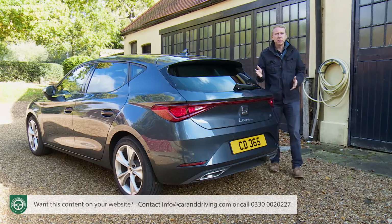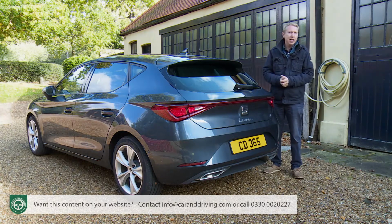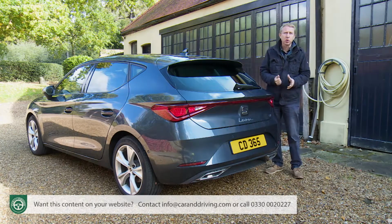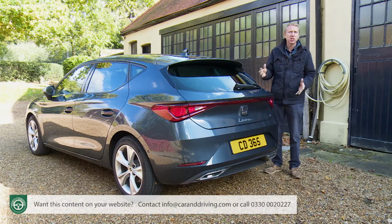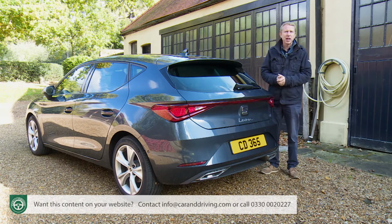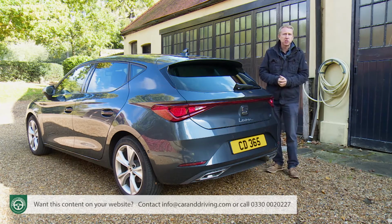Other conventional safety features include ASR traction control and an improved ESC stability control system, plus MSR engine braking control that will stop you skidding if you change down abruptly on a slippery surface. If you do get into a skid, a DSR steering assistance feature will help you steer out of it, and you get an ABS braking system further assisted by brake control, which works via the ESC stability system and a